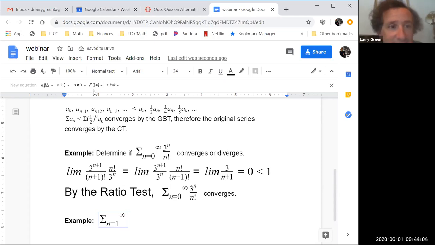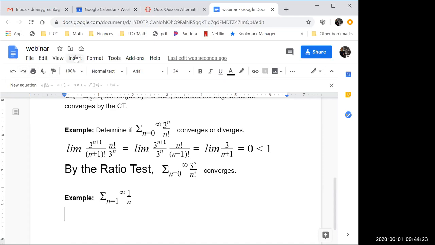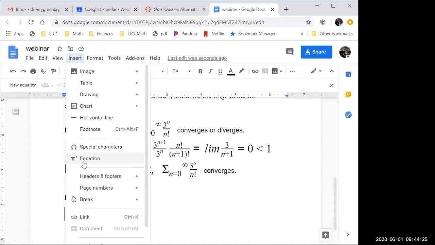And will the ratio test work on this? What do we have to do? Set up our limit. Yep, we set up our limit. We take a limit,